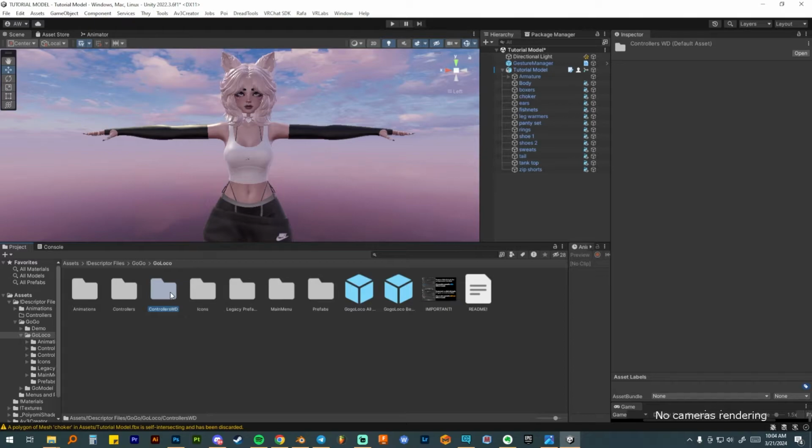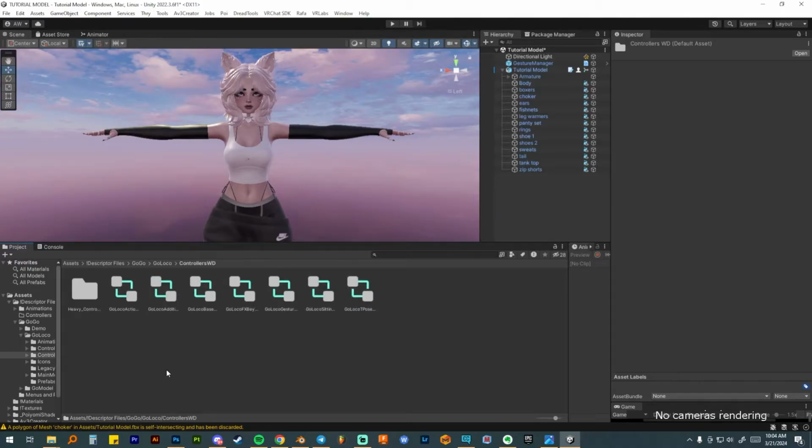If anything that I'm adding to this avatar has write defaults, I'm going to go ahead and use write defaults for everything. So I'm going to double click on the controller's write defaults. And as you can see, you have layers that you can add to your avatar descriptor. Now we're going to do that in just a minute, but for right now,